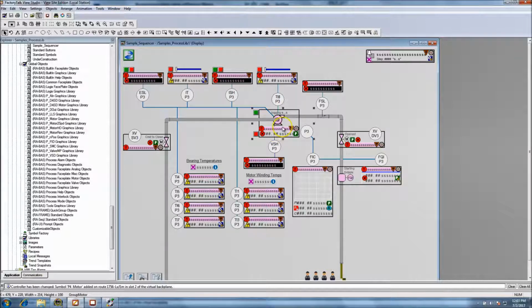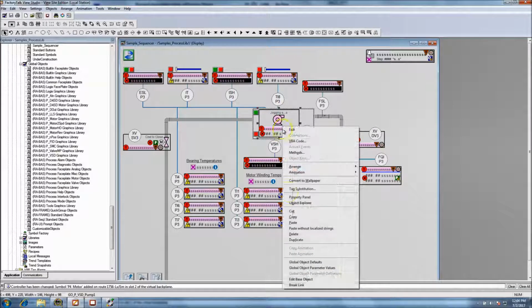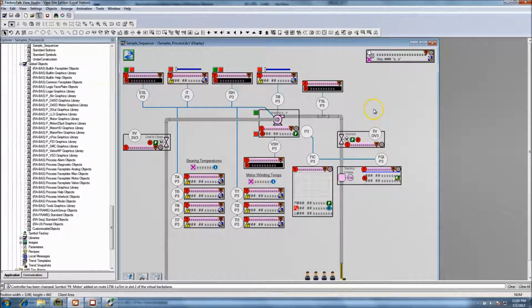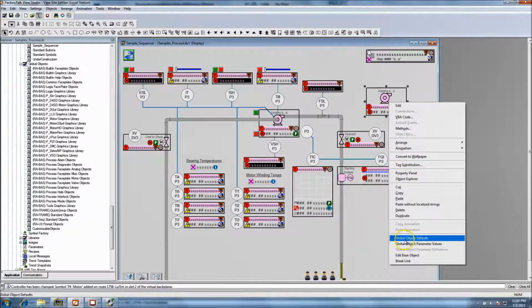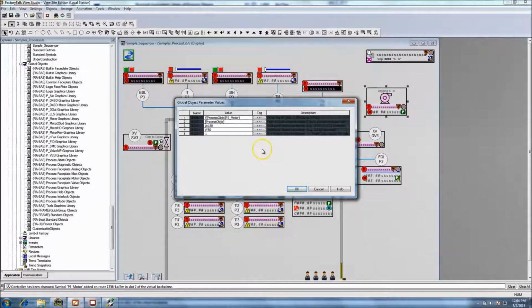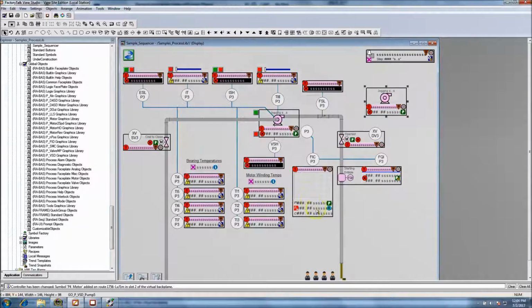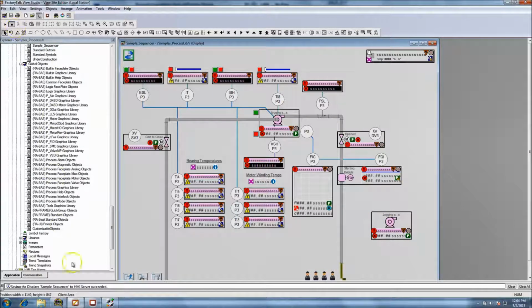So I'll come in here and I'll copy this and I'll paste it. Now when I do that, I'm going to come in here and go to Global Object Parameters, and I'm going to change the tag to 4. And basically this is just as simple as that. Now I can save,